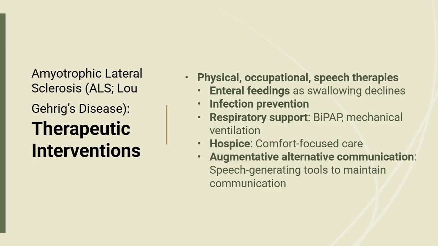Non-pharmacologic and supportive measures become increasingly important as the disease progresses. Because amyotrophic lateral sclerosis causes gradual loss of motor neurons, patients eventually lose voluntary control of mobility, swallowing, speech, and respiratory function. Our nursing focus shifts toward maximizing quality of life, protecting nutrition and airway, preventing complications, and supporting both the patient and family throughout the disease course.